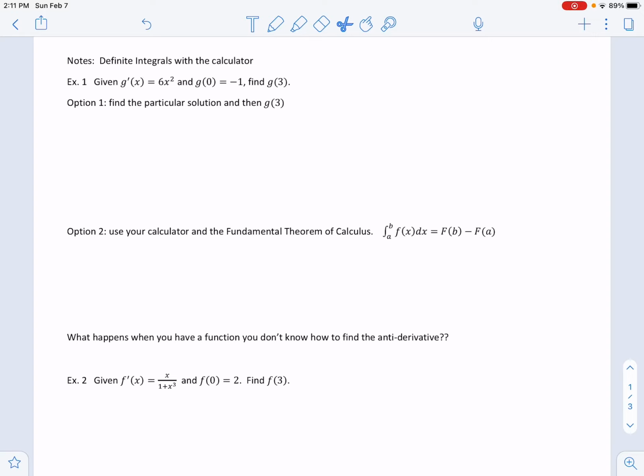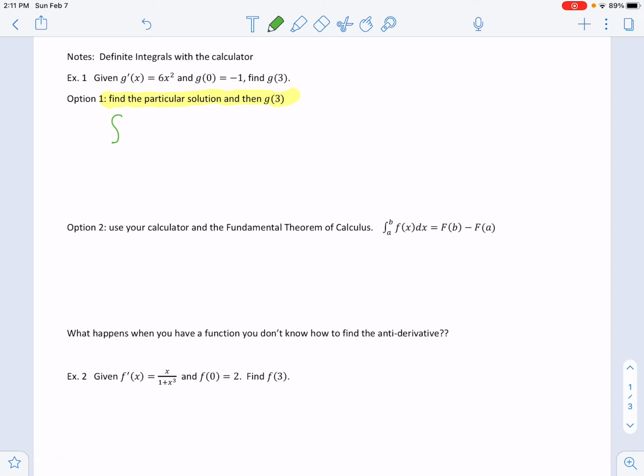Today's lesson is using your calculator and the fundamental theorem of calculus to find answers. All right? So the first thing it asks us to do is find the particular solution. This is something you'll have to do on your quiz next class. They gave you g prime, and if you integrate g prime,